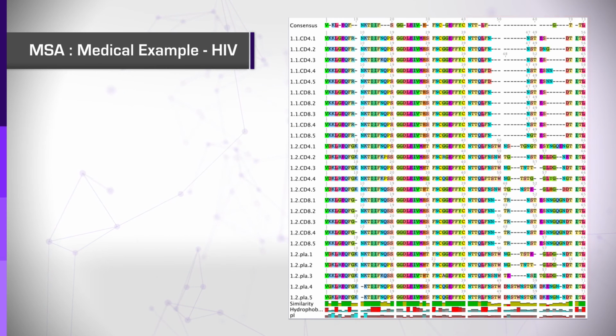Even from this quick look, we can understand, for example, that if we want to develop a vaccine against this envelope protein, we should target it to the sequence of the N-terminal domain. If we target the vaccine against the C-terminal domain, the variability will prevent the vaccine from recognizing the variants of many sequences.